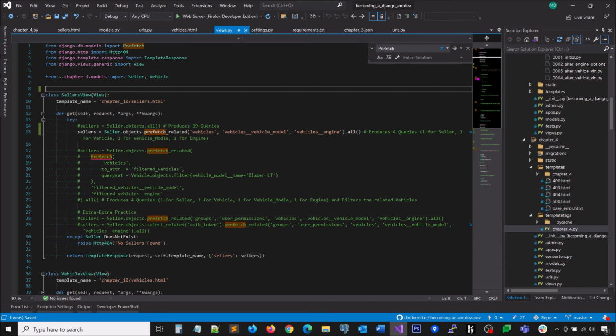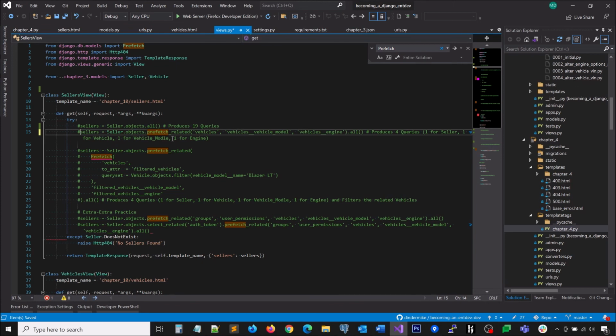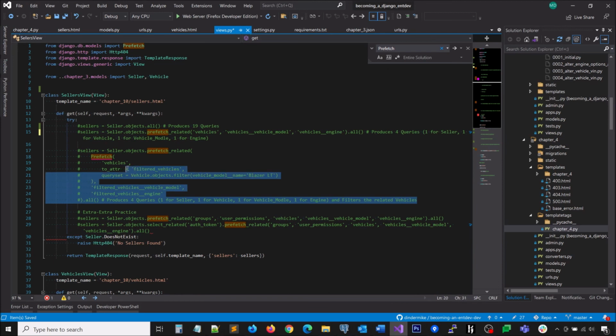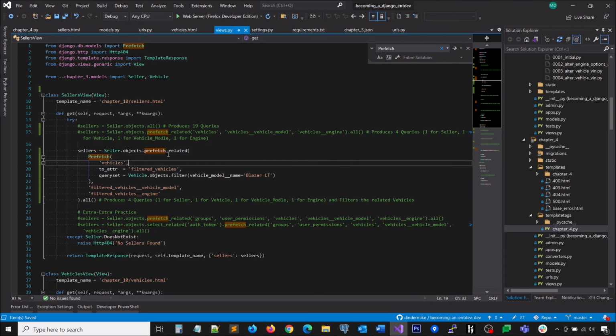And then we will comment out the previous query that we used in the last example, and instead we're going to use this query where we're still writing it as